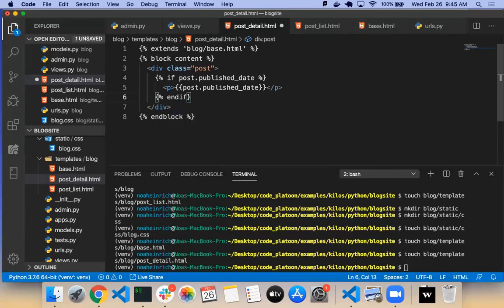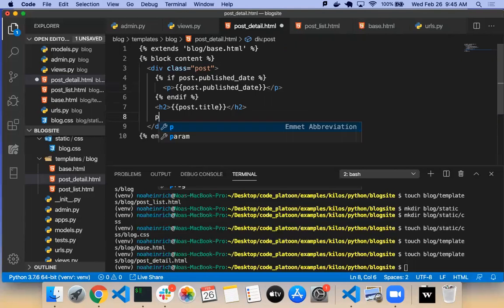And div, we have our h2 with post.title, or just post, because that's what our string method does. Post.text down here.